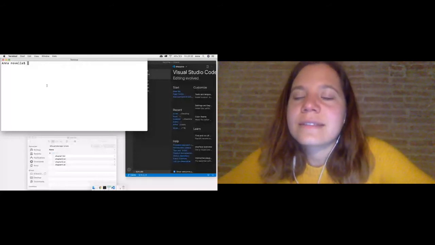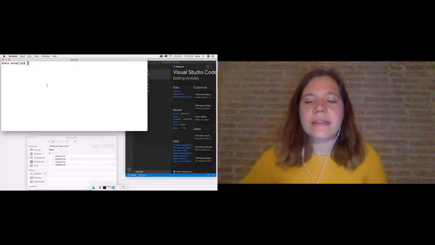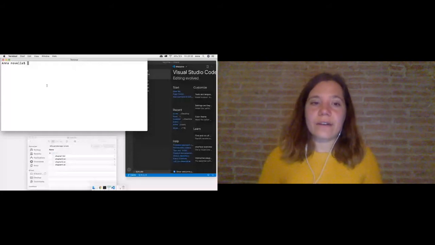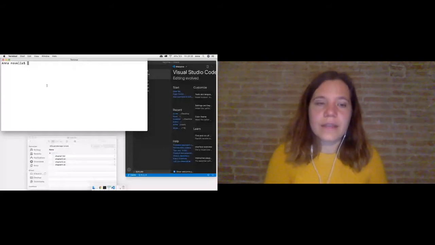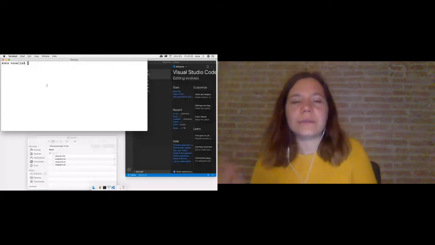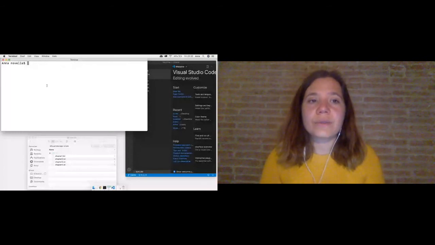What Git is telling me right now is that my working directory and my staging area are the same. I haven't edited any files in my working directory that I can add to my staging area to include something new in my next commit. So what we're going to do now is go edit some files and change this.